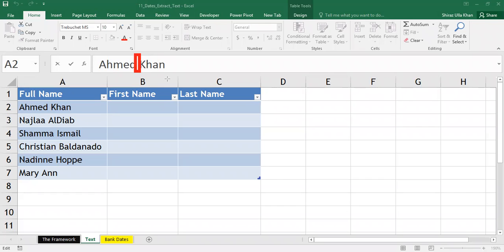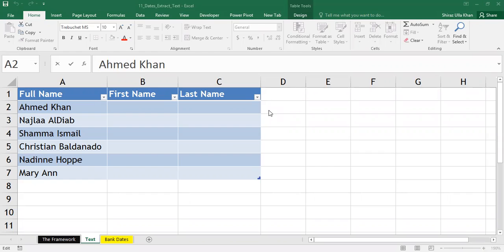You can have comma as a delimiter, you can have tab as a delimiter, you can have fixed width. So there are different options of delimiters which are predominantly used to separate data. So based on the delimiter, we are going to separate the first name and the last name. Hope you are clear on the delimiters, people. Okay, let me clear the annotations for you. Okay, so people, all of you are on the text sheet.